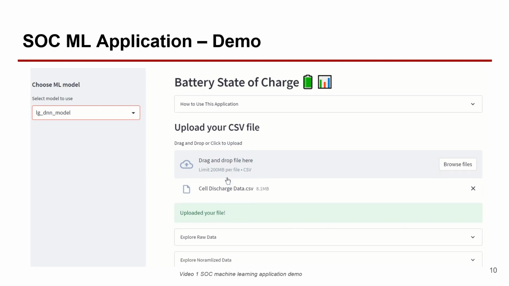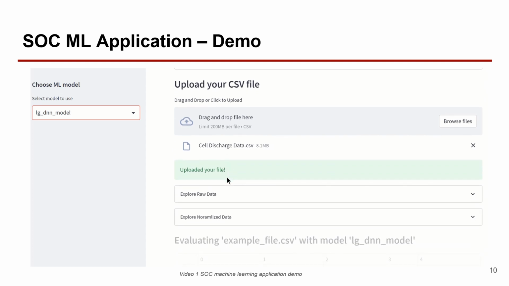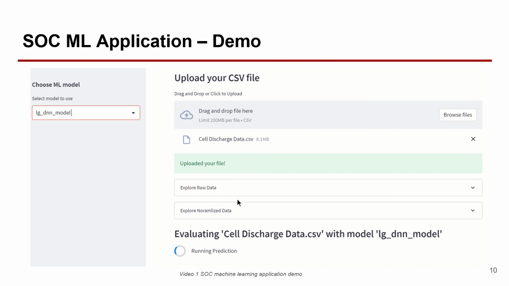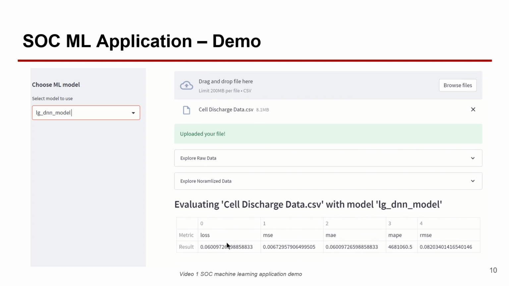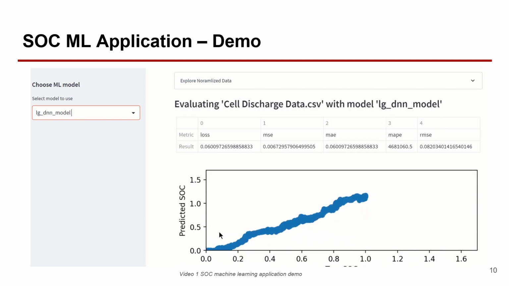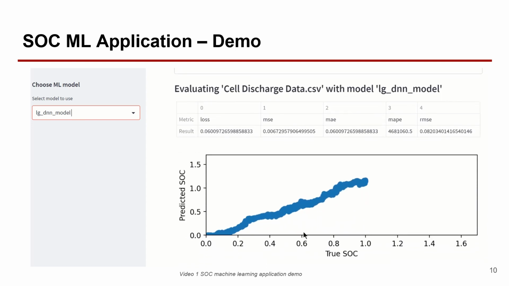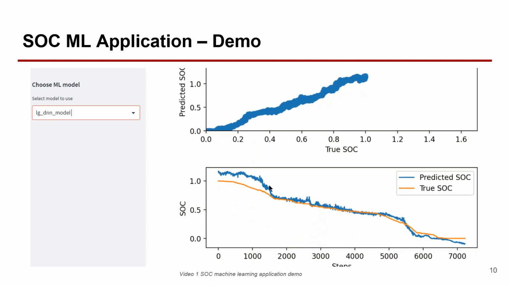So it uploads that file, and then you can see that it's processing things in the background, and it's doing a few things. And then you can see that it's running prediction on the file. Just give it a few seconds, and then you can see that it outputs some metrics for that prediction. And below that, you can see the predicted SOC value versus true SOC value. It's sort of linear. You can see that over here. And then you can also see a graph of your predicted state of charge versus your true state of charge